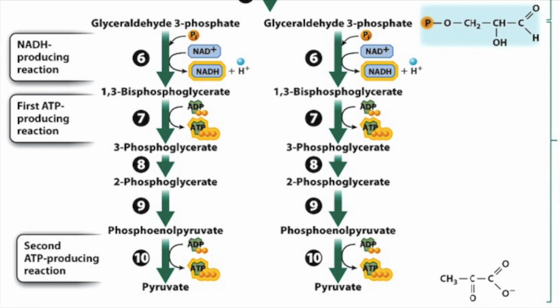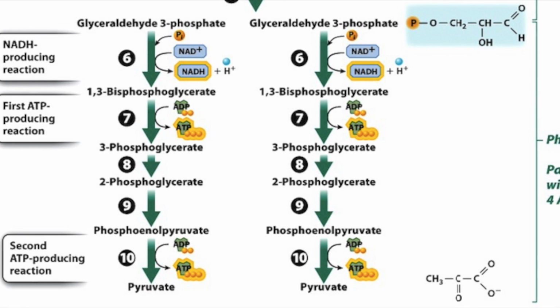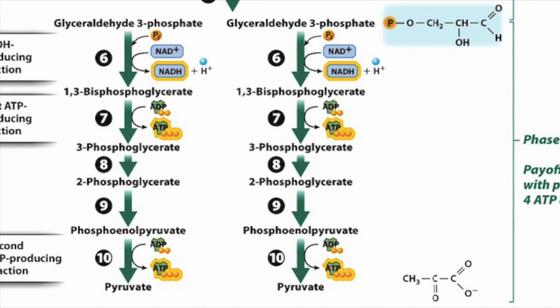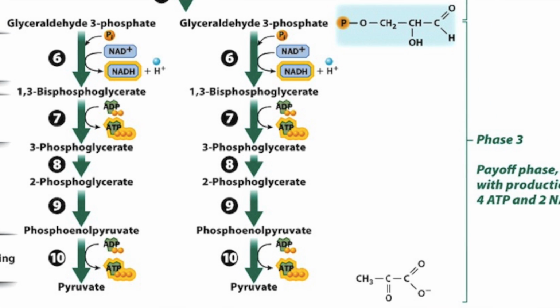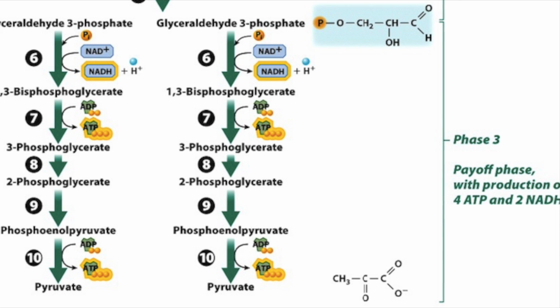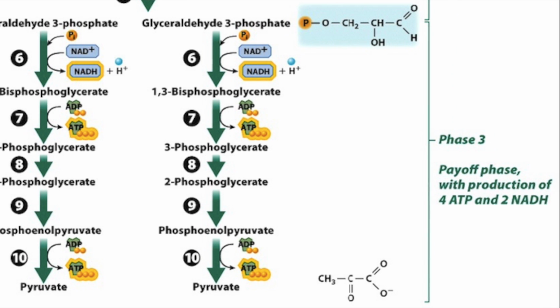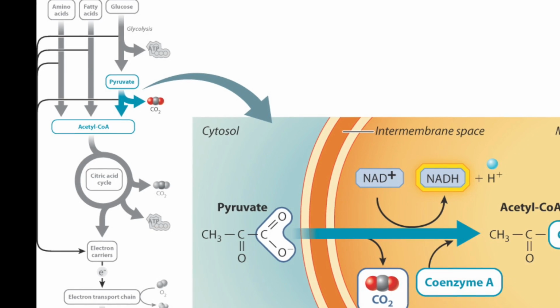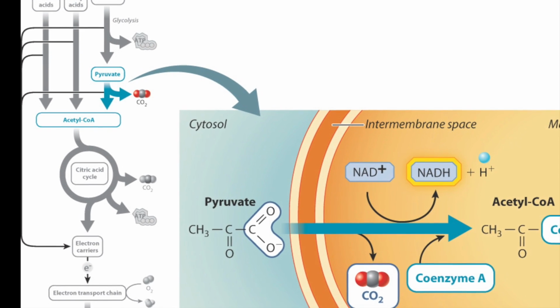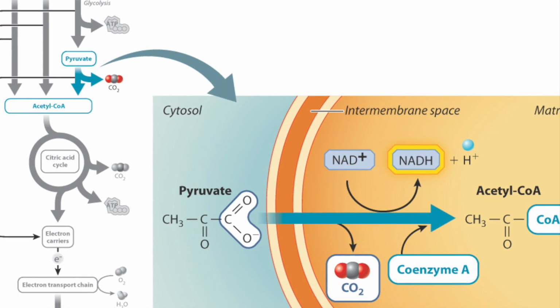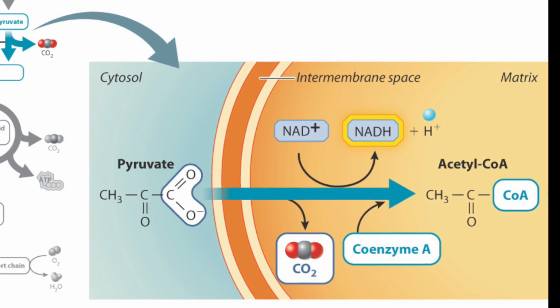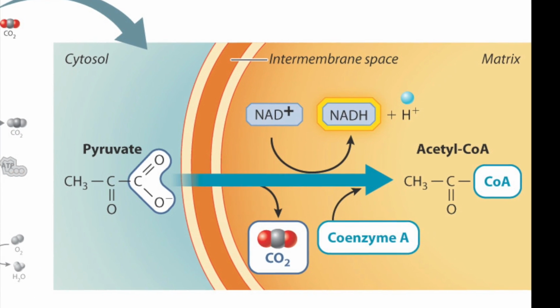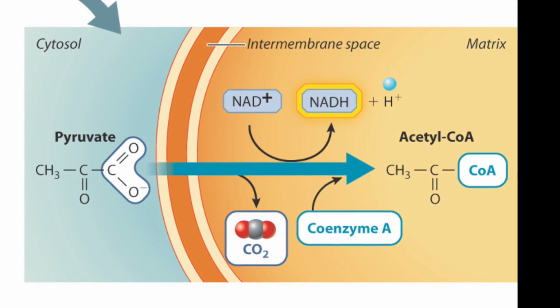The final stage is when the two molecules of glyceraldehyde 3-phosphate are converted into pyruvate by reducing NAD+ to NADH and adding phosphates to ADP molecules. The next stage of cellular respiration is acetyl-CoA synthesis. This is where pyruvate is converted into acetyl-CoA when NAD+ is reduced into NADH and carbon dioxide is created